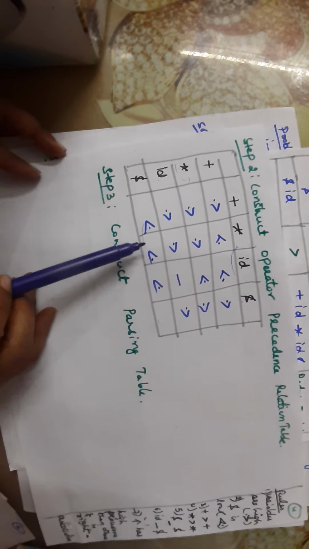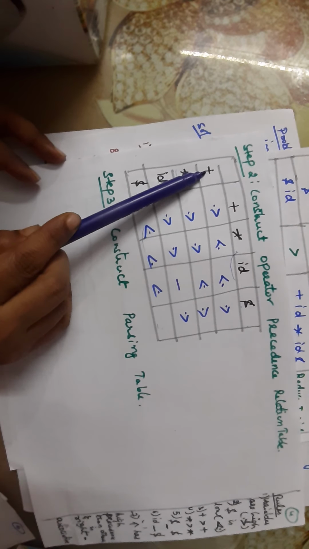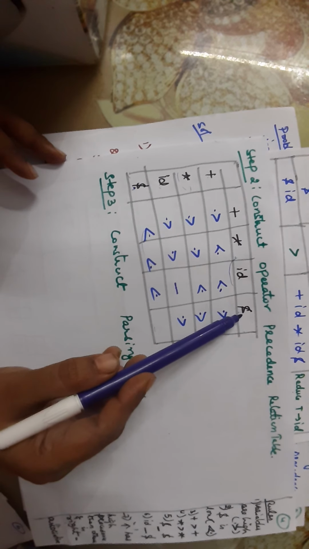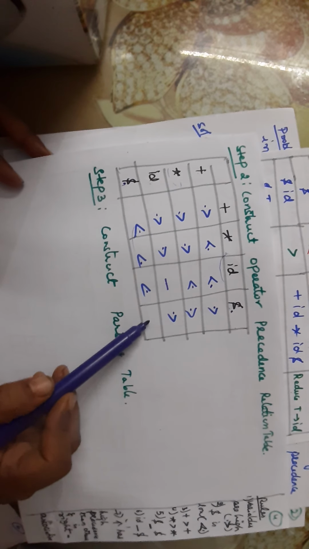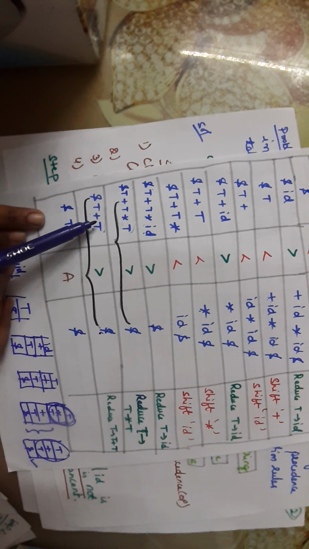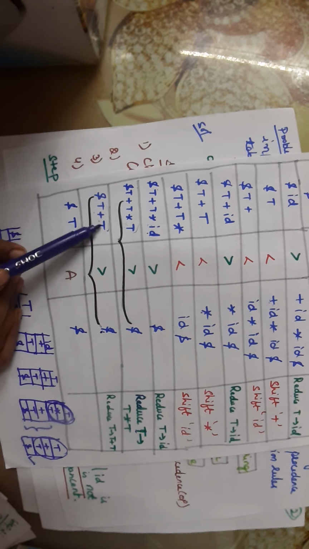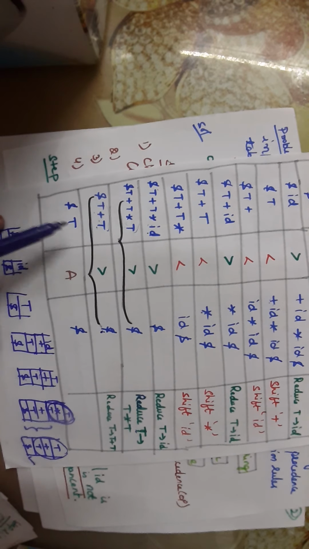Like we have seen here, we have the associative rules like left plus is greater than right plus. Similarly here, left dollar is greater than right dollar. So here in this case, now we take the greater than symbol. There are two options here, either we can take greater than or accept. In this case, this is not the parent node, so I should take the greater than symbol. So reduce the complete T plus T with the production capital T. Now I got capital T.